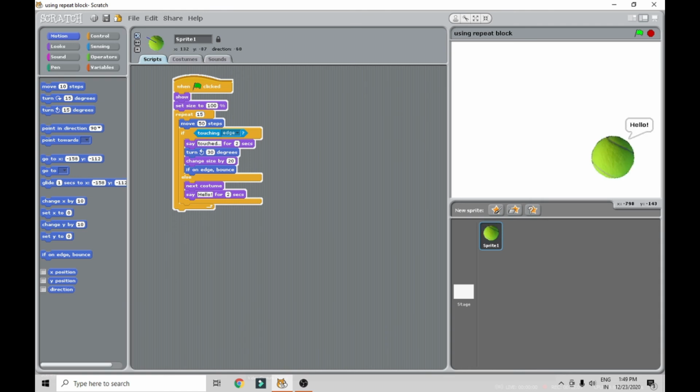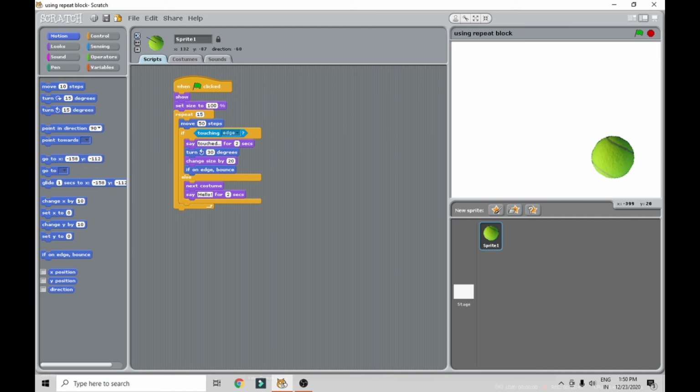So when we will make it to stop, only at that time it will be stopped. Forever means in forever block, when we execute, it will go on continuously. What it will execute, it will move, unless and until we will click on the stop button. Repeat block is 15 times. How many times you want, you should give over here. When we will give for 15 times, it will repeat for only 15 times. After that it will be stopped. This is nothing but a repeat block. How many times you wanted to, you should give.